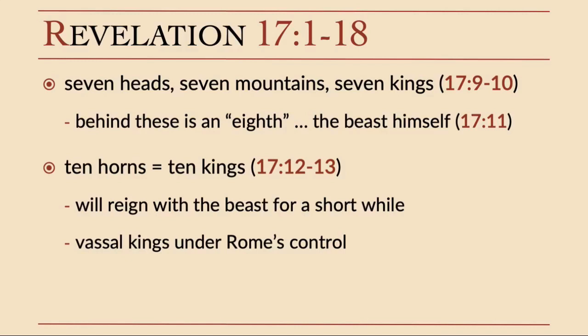And so what I would suggest to you is that as we see these 10 kings here, that's simply a reference to these vassal kings that are cooperating with Rome's control. And by the way, those kings, if Rome says persecute Christians, those kings are going to go right along with that and do that. They're not going to say, oh, no, that's not going to happen in our kingdom, in our part of the empire, because they know they answer to the emperor. Okay? So I think that's what we've got going on there with those 10 horns.